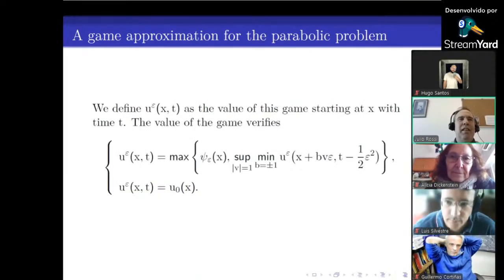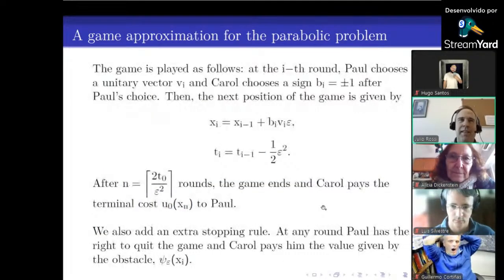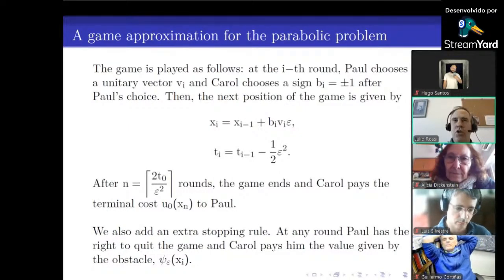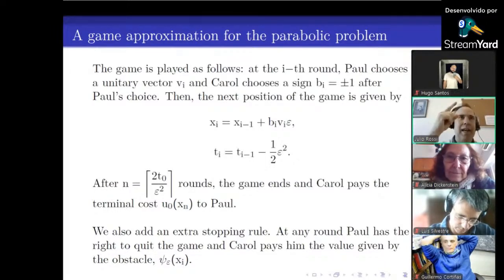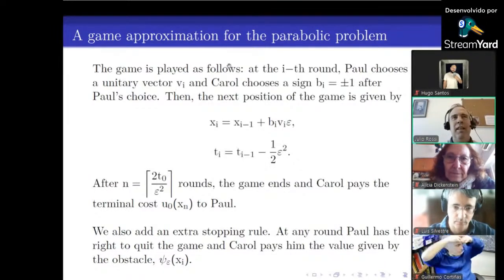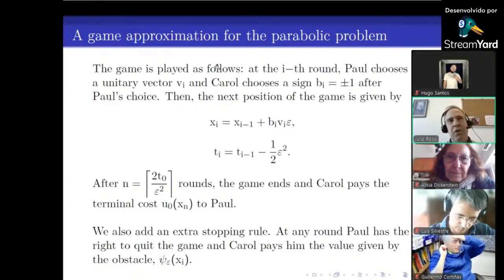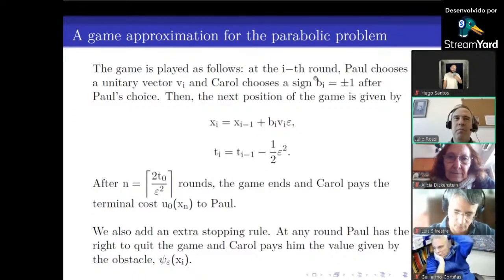Okay, this game has a value function. What is the value function? The two players now have to choose strategies. What is a strategy for Paul? A strategy for Paul is the choice that he will make of the vector, of the direction of norm 1, at every possible point, at any possible position, at any possible time. And a strategy for Carol is the possible choices that Carol has to choose the sign plus or minus 1